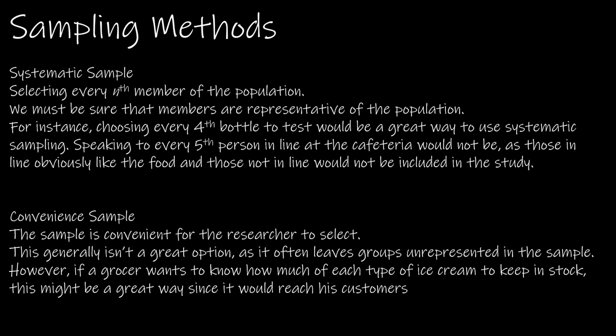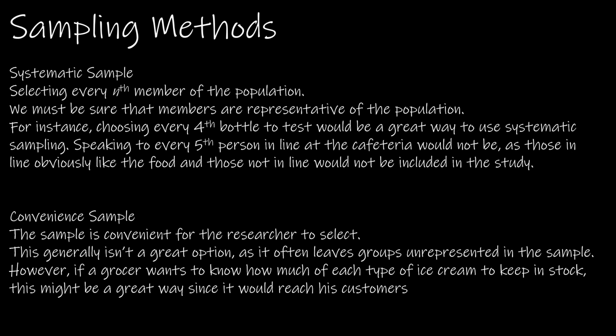And the last two are systematic and convenience. Systematic is the one that everybody gets right, because systematic is where you talk to every nth member of the population. So every fourth something, every fifth something, every 10th something, every 20th something. This is a great sampling method as long as the grouping that you come up with does not include any